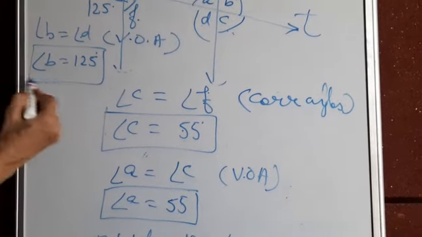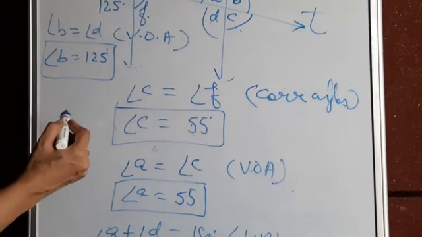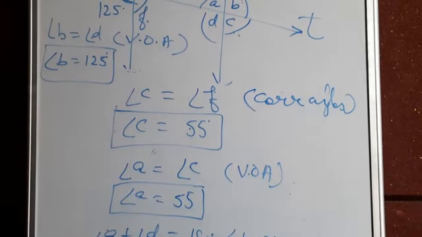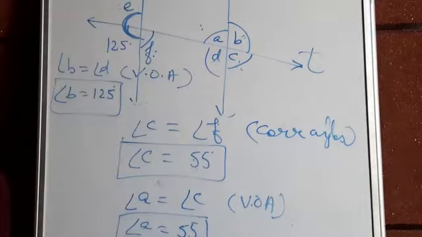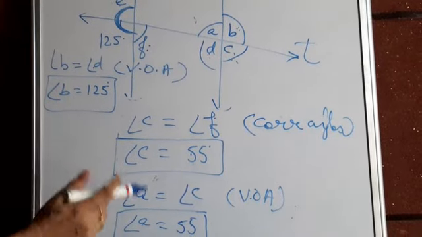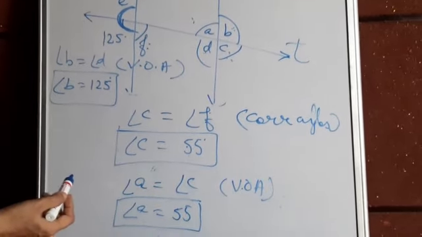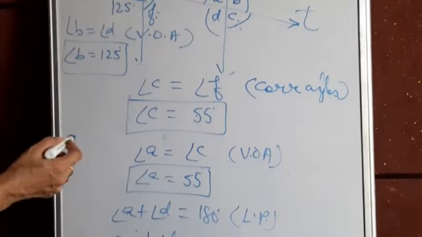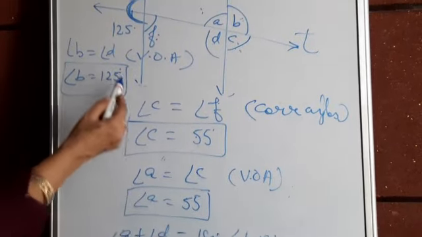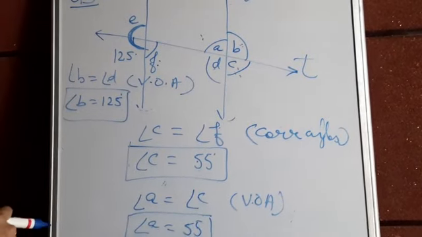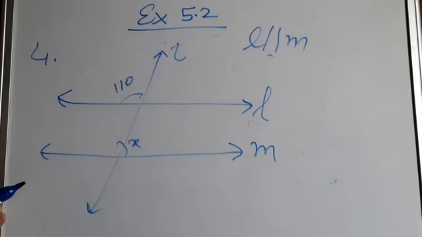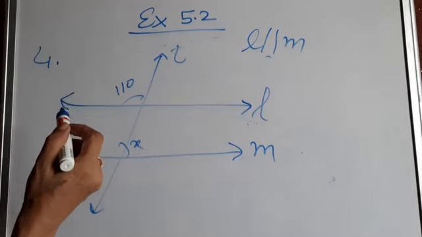Put a box with a pencil and count how many unknown letters there were. 1, 2, 3, 4, 5, 6. And at last you count and check whether you have found all of them or not. So see the boxes, whether you have found all 5 angles or not. So this was question number 3. Now come to question number 4.